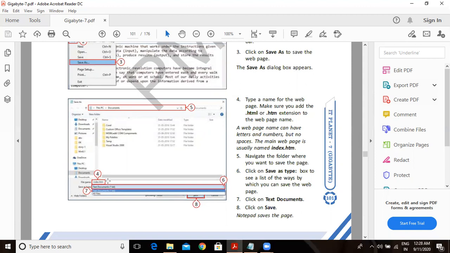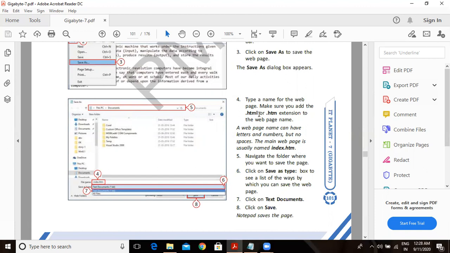In the file name, whatever file name you are giving, suppose here we have given the name as index. After the name of the file, you have to give the extension. We never generally give extension to the files while saving. But here we will give the extension: index.htm or index.html.